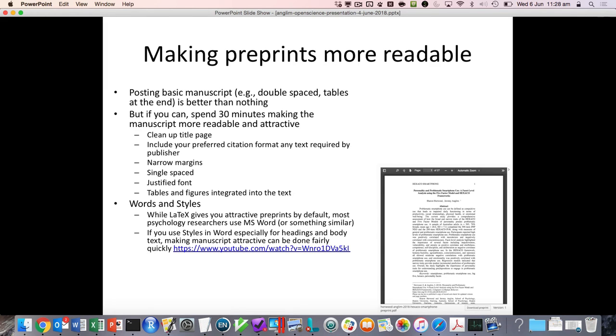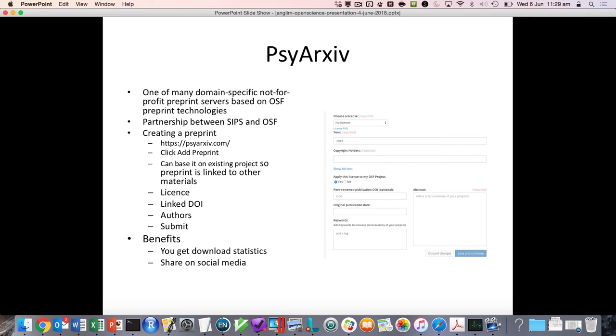My kind of personal thing is to try and make the actual preprints a bit prettier. It's a minor thing, but I'm personally not a big fan of double-spaced manuscript versions. I usually spend 30 minutes just trying to make it a bit prettier. So yeah, SciArchive is a pretty nice option for preprint servers